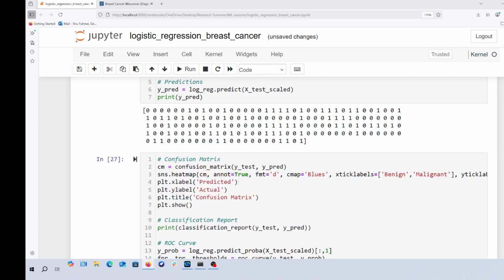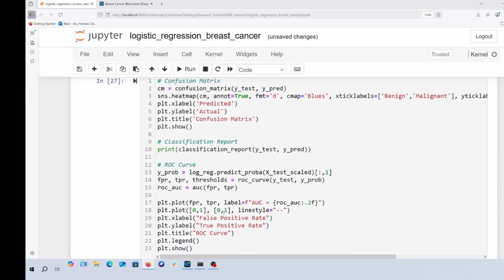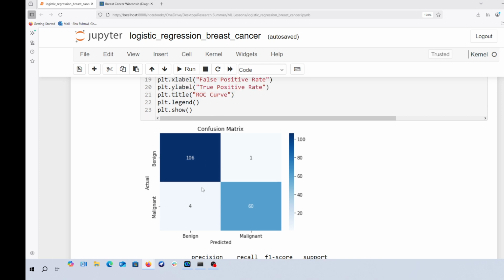Looking at the malignant class, there were 64 of them. We see that the model is capable of getting 60 right and only getting 4 wrong. So our model is not quite bad. We will see as we move ahead on nonlinear models how we can improve on these kinds of problems. When we move to decision trees, we can see that they might be able to perform well on this data compared to